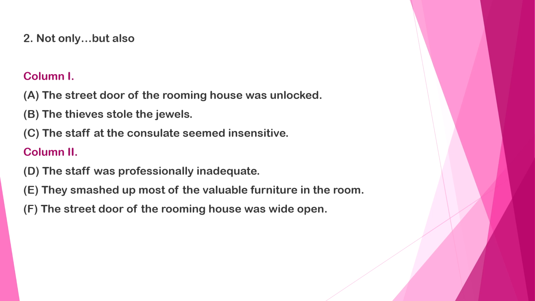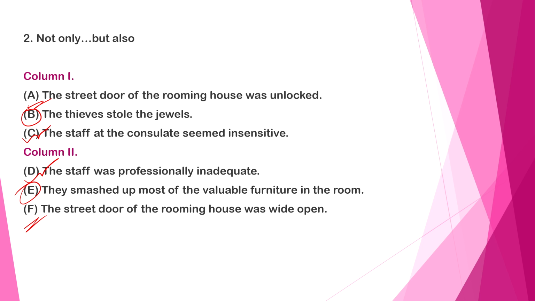Now, not only but also is a correlative conjunction. It is used to connect and emphasize two words or two phrases at the same position. Parts A and F tell the characteristics of the street door of the rooming house. Parts B and E tell what the thieves did, and parts C and D provide the characteristics of the staff at the consulate. Hence, the above pairs can be combined using not only but also to form grammatically and contextually correct sentences. The sentences formed will be